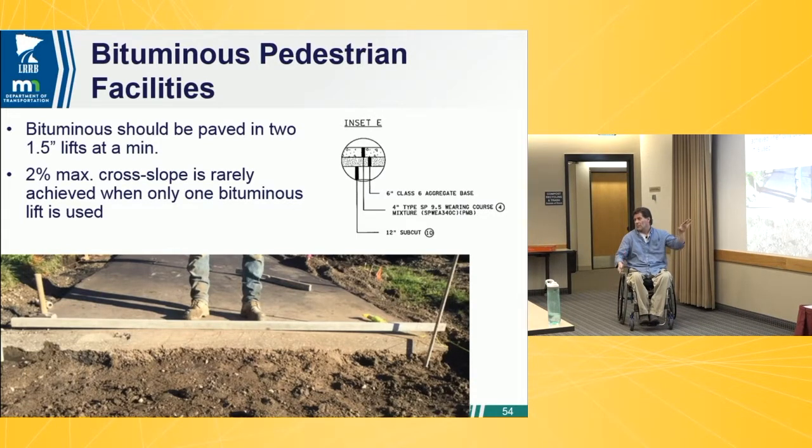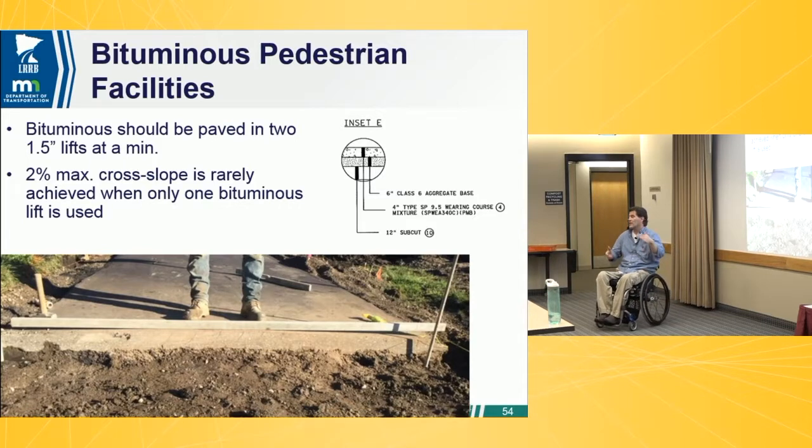So again, building trails at back of curbs with a lot of driveways is tough. You get that roller coaster thing I just talked about. So getting that boulevard in there for driveway aprons helps for trails. But we also talk about just how these get paved, that we are recommending a minimum of two 1.5-inch lifts,